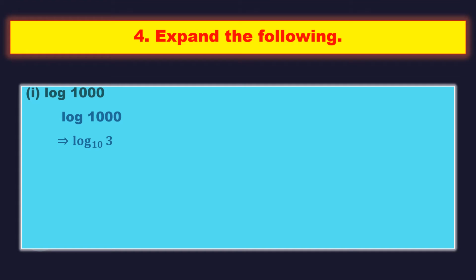Now here, if you see, it is in the form of log m base a. The power will be sent to the front, so it will become m log a. For the properties please follow the link given in the description, and other problems also will be given. Don't bother about them. Now here I can write this log 10 cube as 3 log 10.